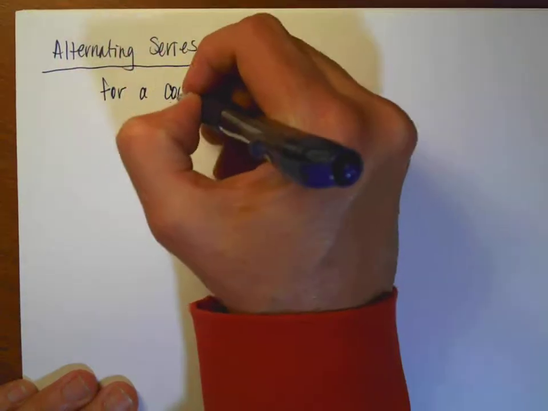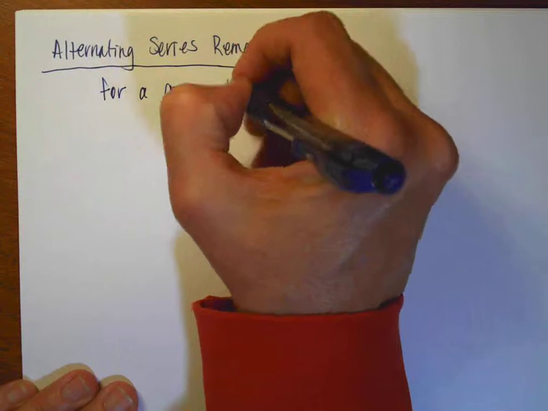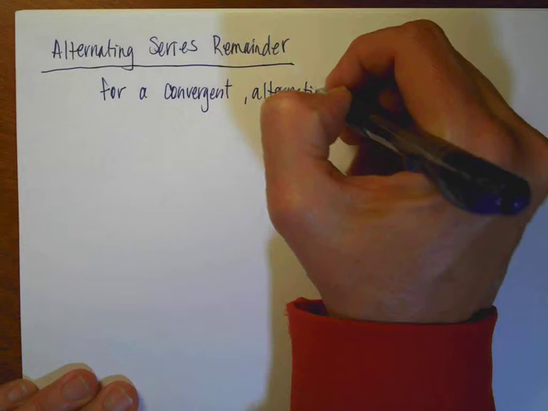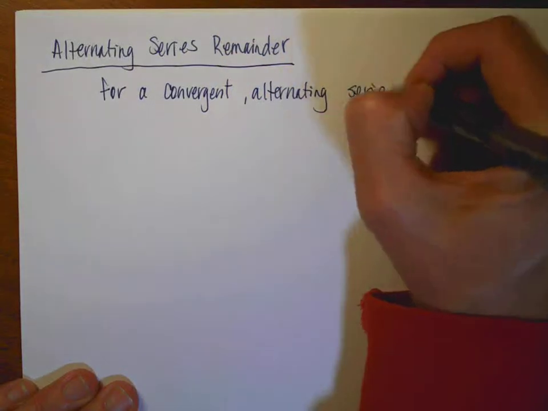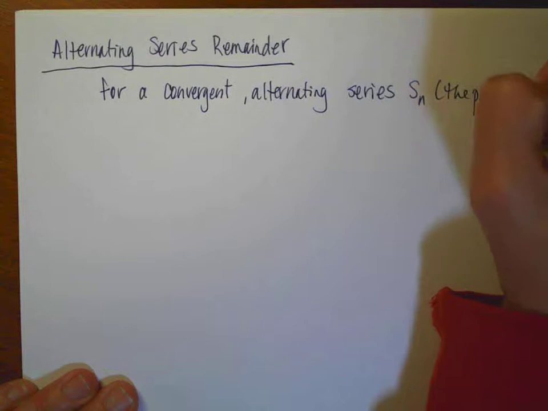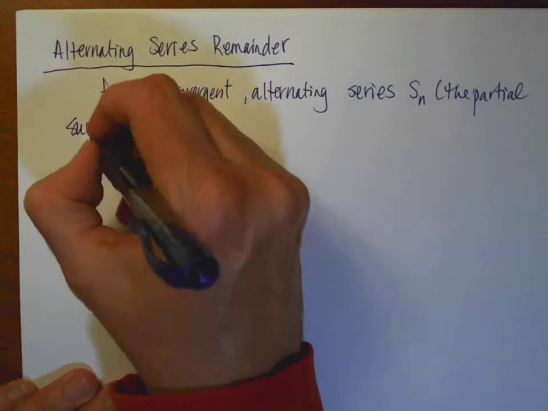So for this particular situation, it says for a convergent alternating series, S sub n, and remember this is our partial sum,